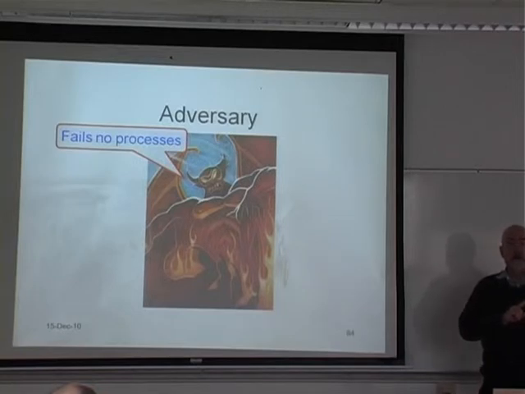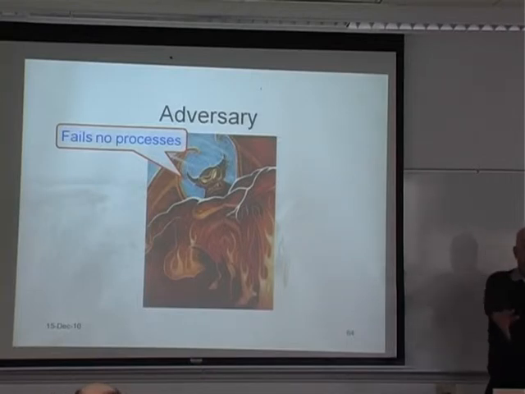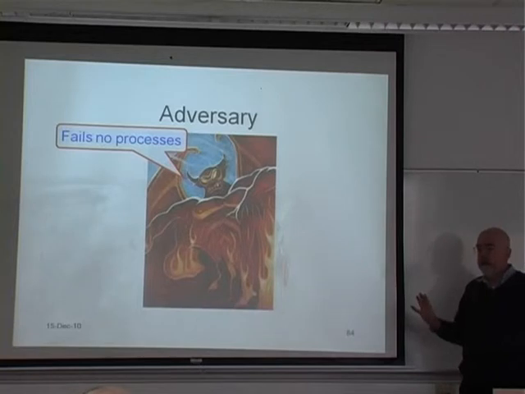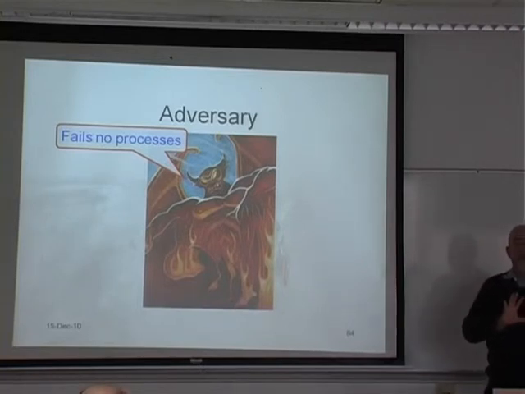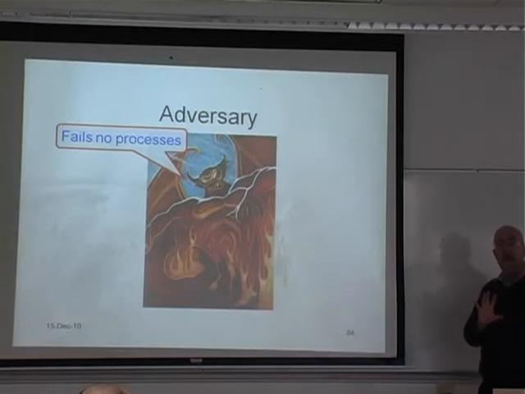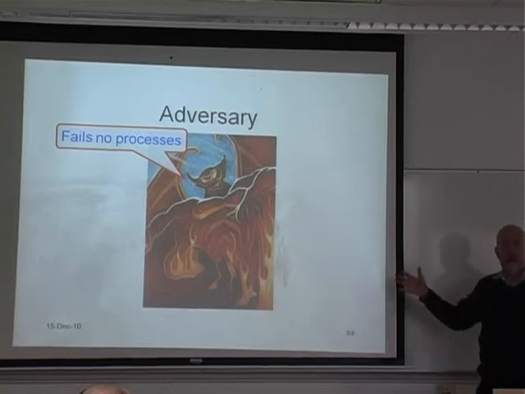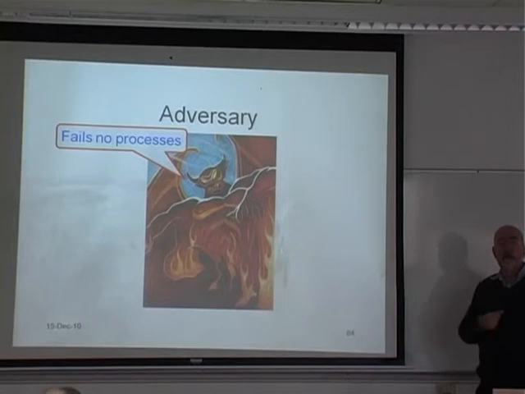You can think of this as a kind of game where the adversary says, I could fail processes, so you have to design an algorithm that works. The adversary comes back and says, aha, now when I run it, I'm not going to fail processes. And because you have to be prepared for the adversary to fail processes, even if it chooses not to, the adversary can make your program run forever without the complex becoming k